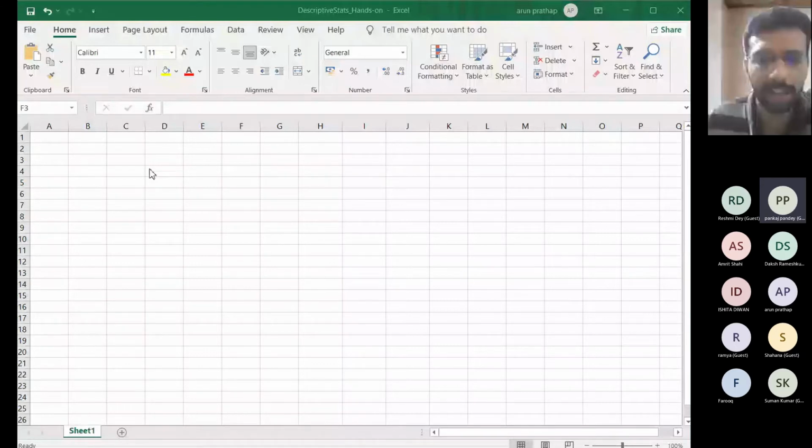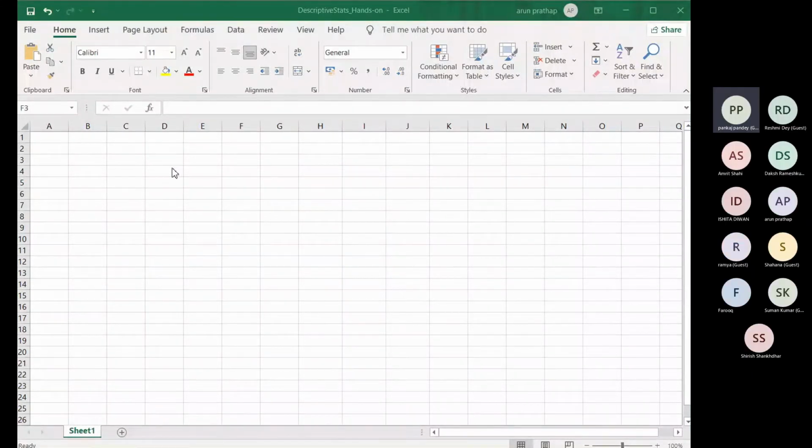So Microsoft Office has an integrated spreadsheet, which is called Microsoft Excel. We have different spreadsheets: Microsoft Excel, and if you go for open source tools, we have LibreOffice. If you want to do it online, Microsoft itself provides Office 365. If you see, it has basically a set of rows and columns. The rows are numbered 1, 2, 3, 4, 5 up to some 65,000, and then the columns are in alphabetical order.